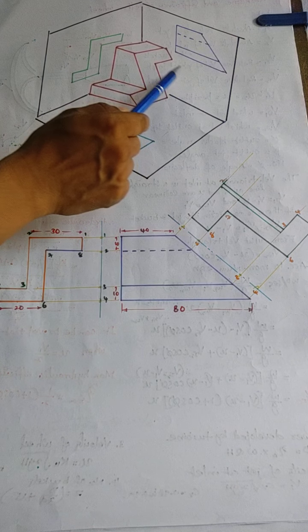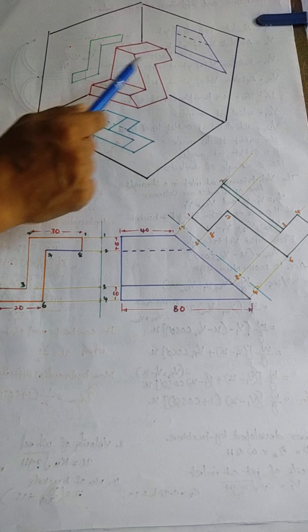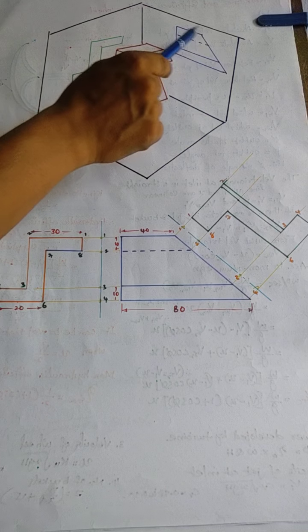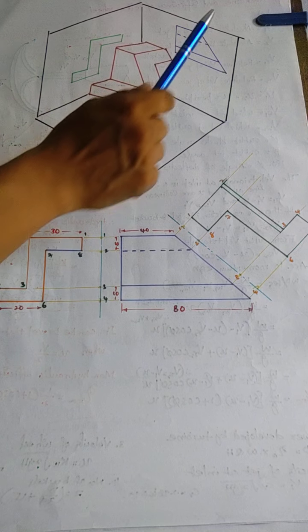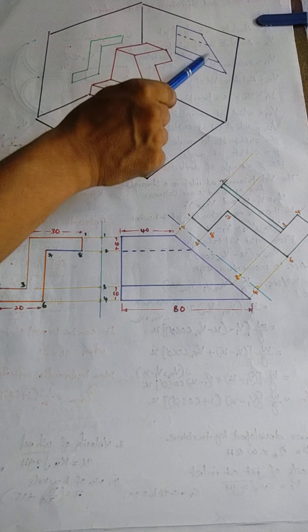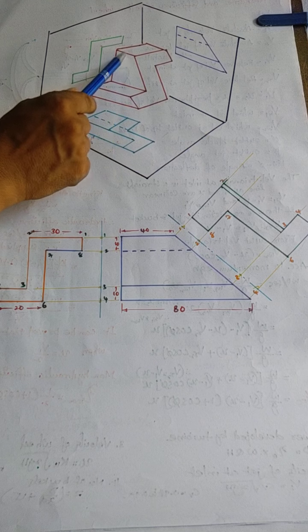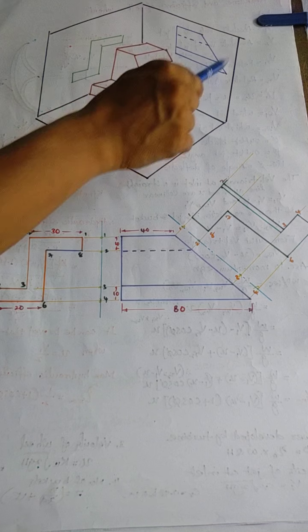So the front view you can see like this. The horizontal length of this line and the vertical line in this way, and the top horizontal length, and then this is the inclined surface, of which only a line is visible from this direction. This edge can be drawn at a height of the given dimension, and this edge which is not seen is indicated with a dashed line. So this is the front view diagram.